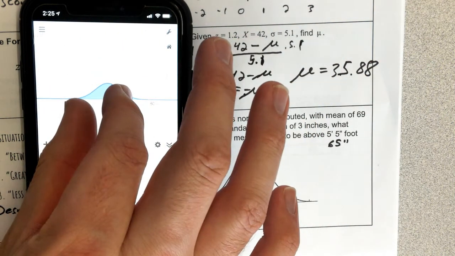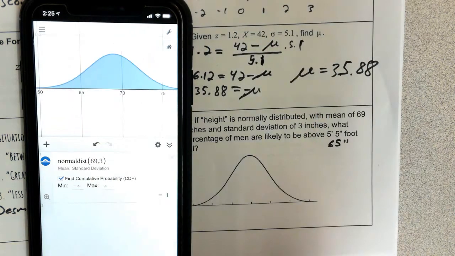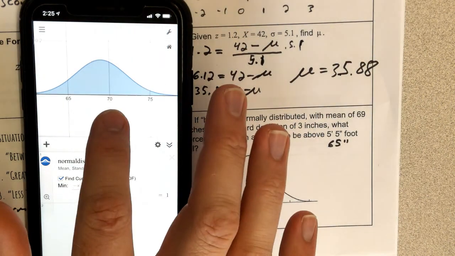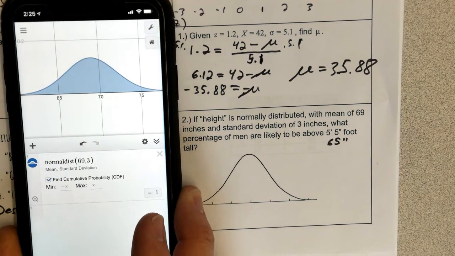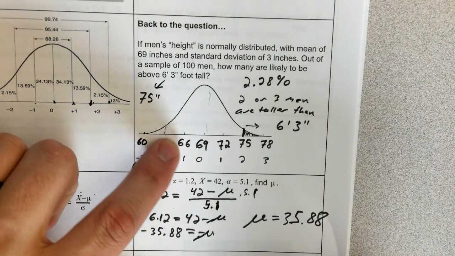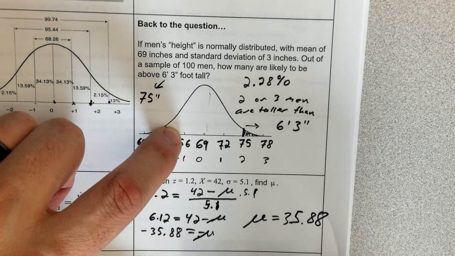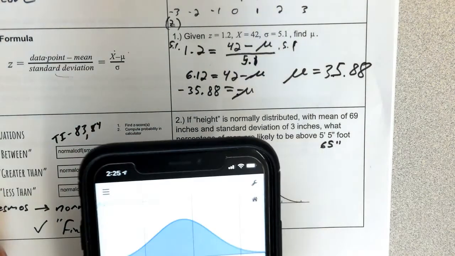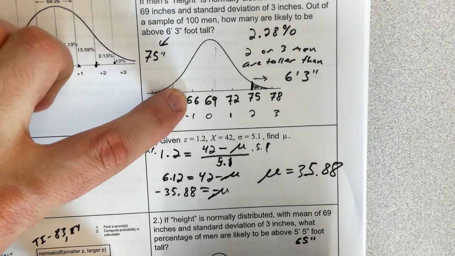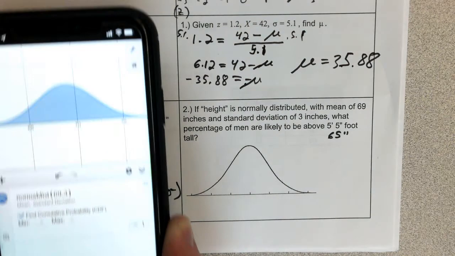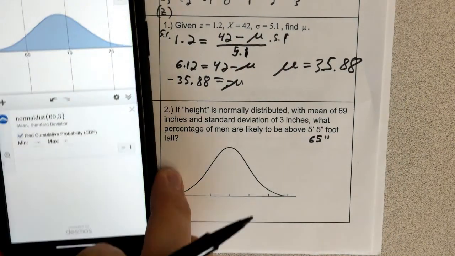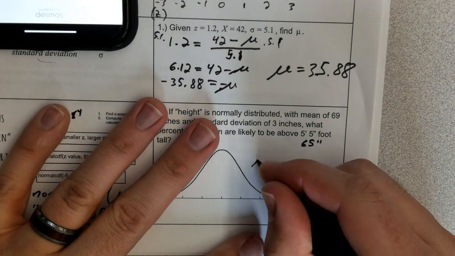Now we don't necessarily need the graph, but it is sort of helpful. So we want to know above 65 inches. Up here we already sort of labeled it, so it's going to be to the right of 65. And you notice that that doesn't land on a nice number, so I can't just look at the percentages over here and add them up. So what I'm going to do, and I guess I should write this down so you've got it in your notes, we're going to put normal